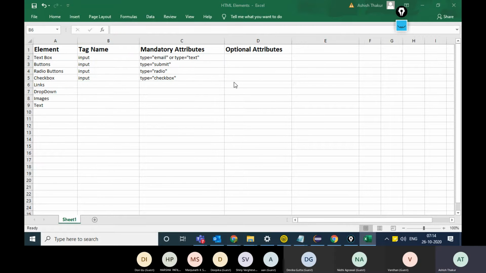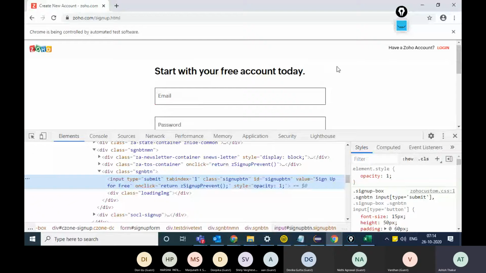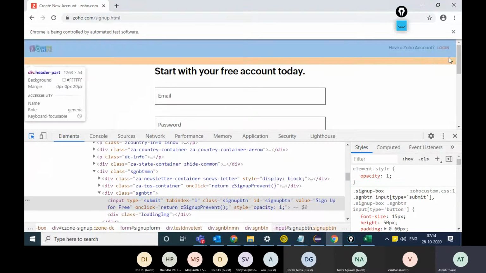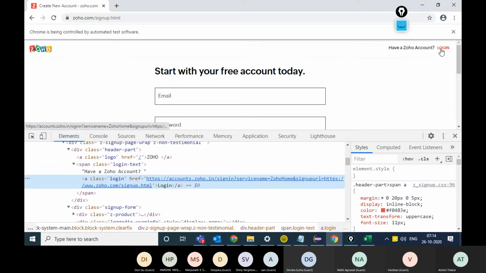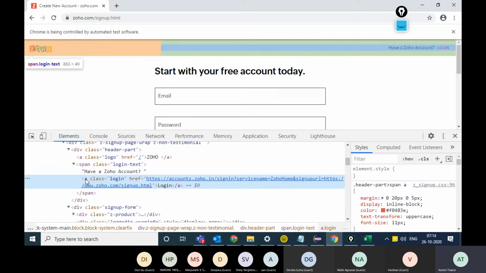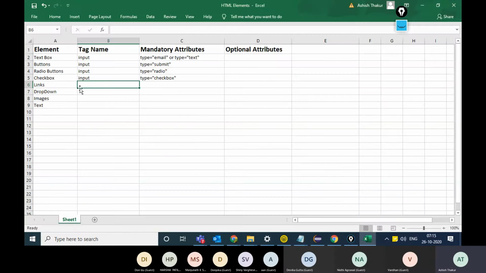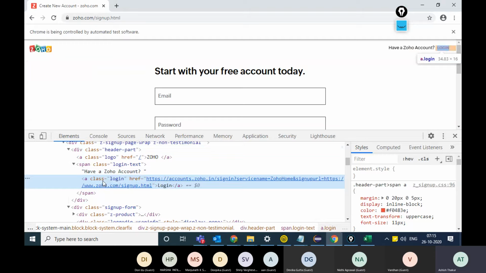In case of links, for example, on this web page, you have the login link on the top right side. A link will always have the tag name anchor, A. A link will always start with the tag name A, anchor tag, and it will always have an attribute known as href.